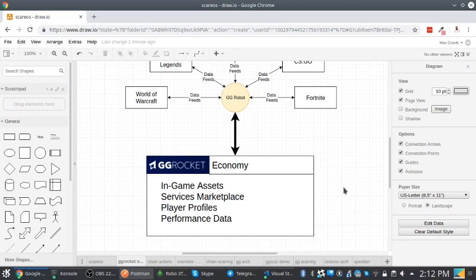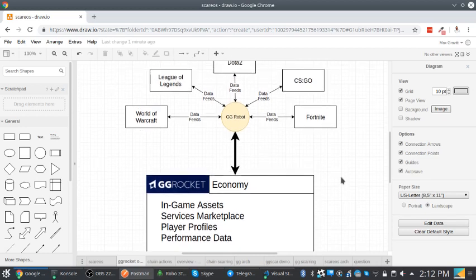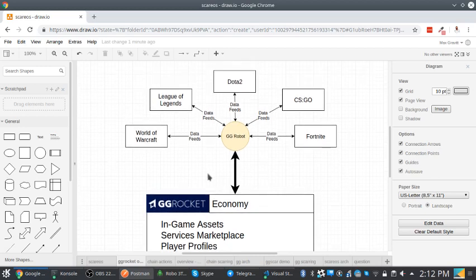We allow the users, the gamers, to sell in-game assets, buy in-game assets, and trade those assets. There's a services marketplace. There's also a marketplace where players can sell their profile information and contact information to advertisers, in which case they're directly rewarded with tokens for those profiles. They can then in turn use those same tokens to buy additional gaming assets. And it really facilitates the on-chain economy surrounding AAA games.